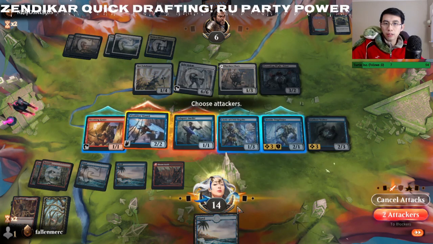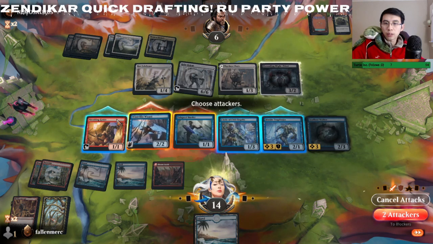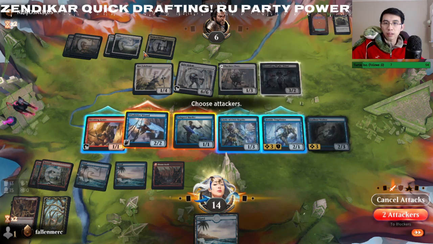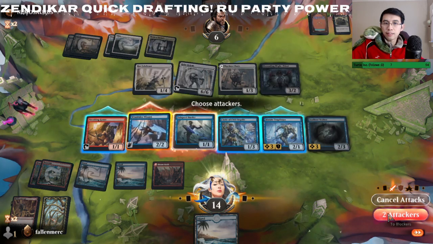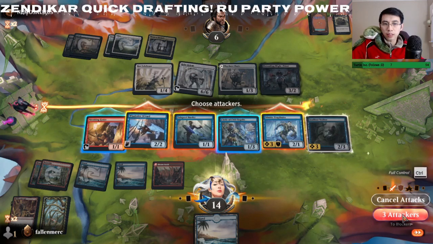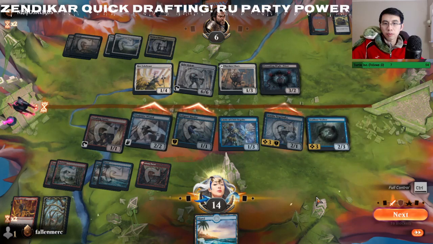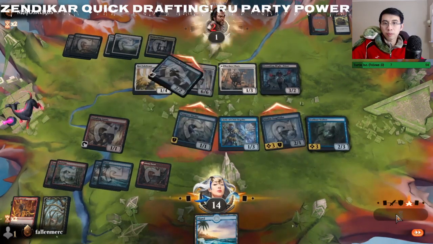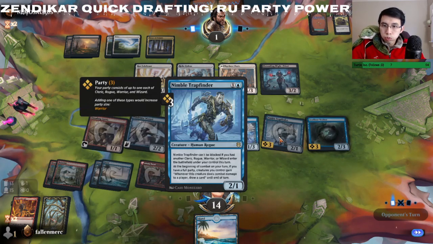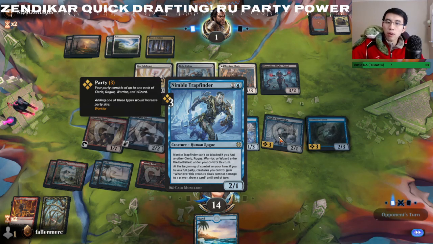Next combat here. 1, 2, 3, 4, 5, 6, 7. He can block all of them. I don't want to draw a card. That's cutting it close. Screw it. Let's go for it. Oh, I don't get to draw a card. Oh, interesting. It just becomes unblockable. I don't get to draw a card until